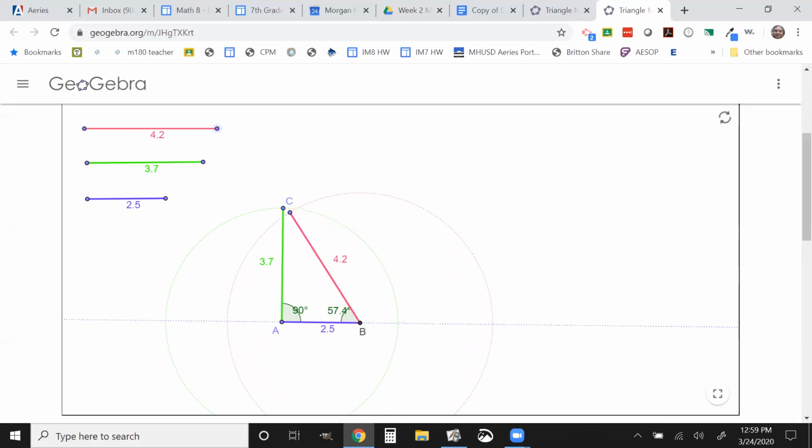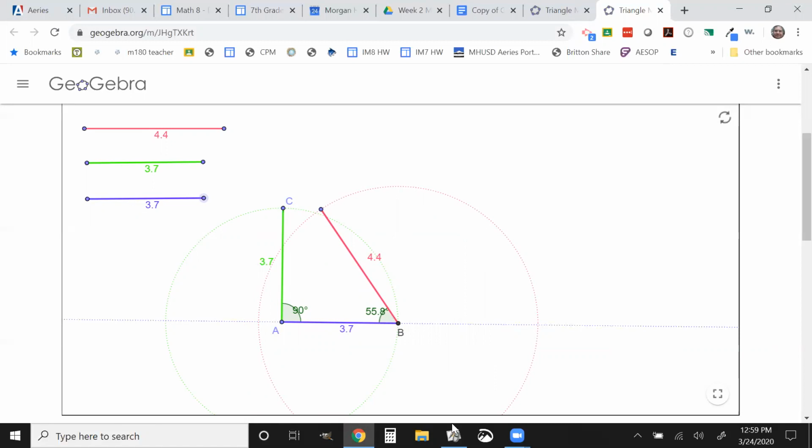And I'm going to try and get it as close as possible. And then I'm going to take this and I'm going to swing it right into its spot. And maybe this is going to be my triangle that I make right here. So that's one possibility. I could also have, instead of making this 3.7, I could have made this one 3.7,